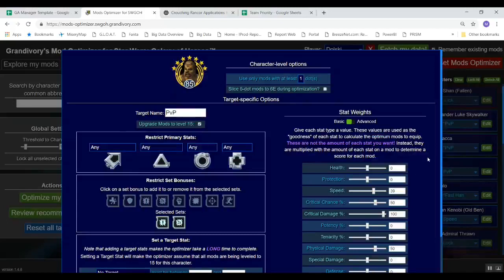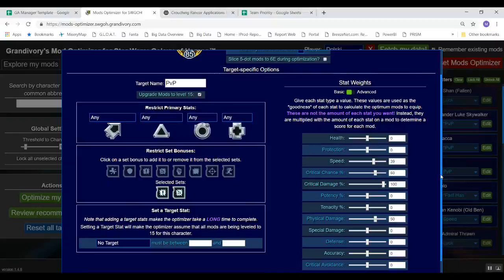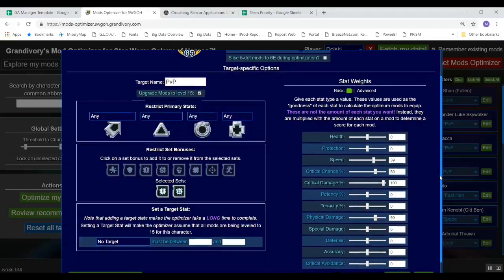There's all kinds of different ways. Different people set it up. Maybe on offense set, it's an offense and tenacity set for Chewie, etc. But if I'm just going with the basics, right? The point of this is not to make you guys super mod experts, but to just show you the way that I've found to try to be really efficient with this. I'm going to set up the sets